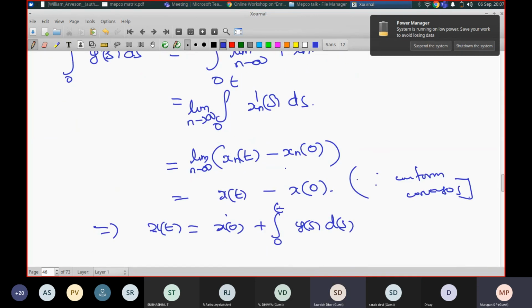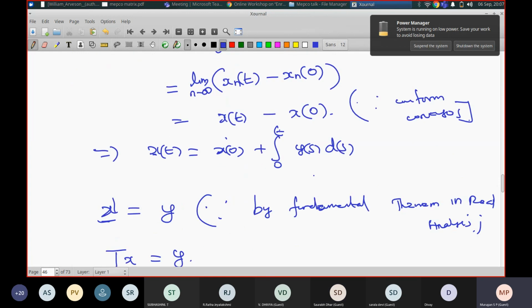So you can find a continuous function which is not differentiable, right? So it cannot be onto. So how do we take that x dash, if we have given x dash equals y, then that must be T of x. So we have proved, right? What is x? We found x is like this equation, x of 0 plus integral 0 to x of y. You know, right? Fundamental theorem of analysis.